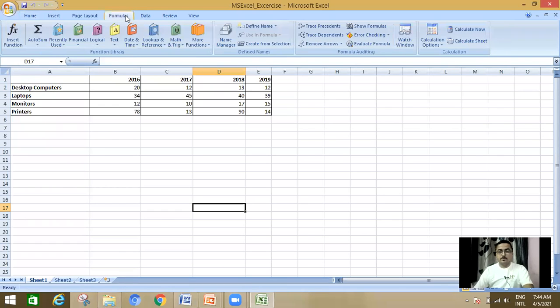As I have told you, the first one is the function library group, where you can see that various types of mathematical and logical functions are already available. You do not have to define them, you just have to use them. Next one is defined names. After that is formula auditing and then calculation.